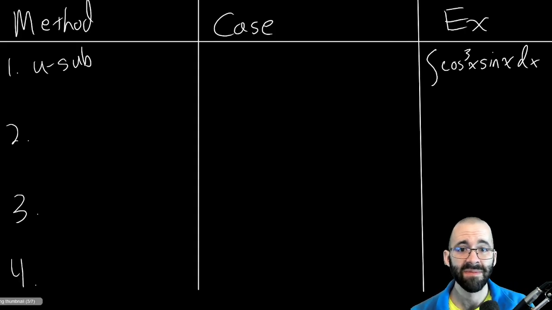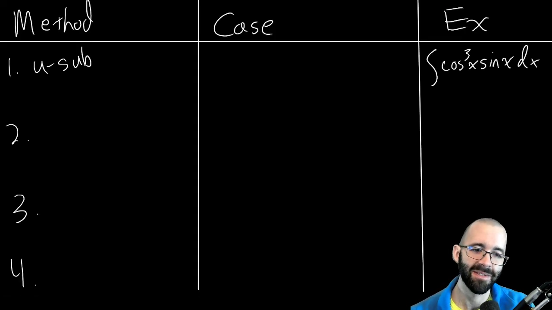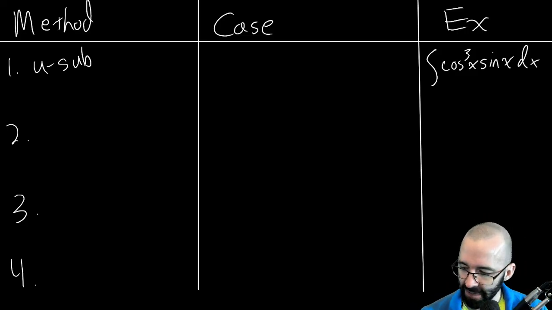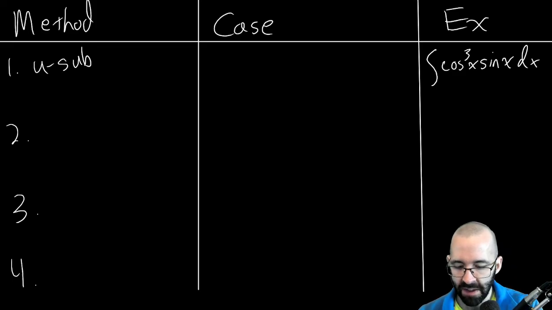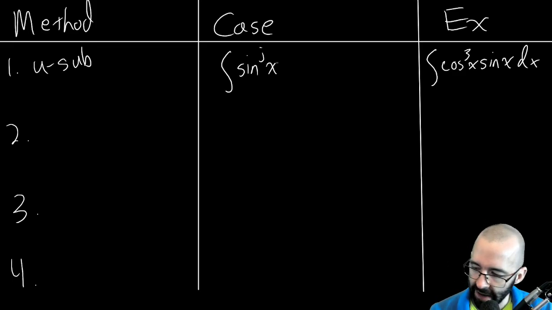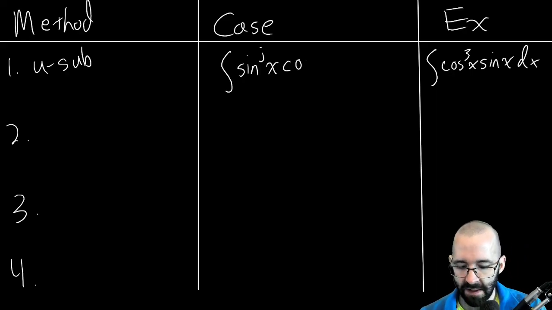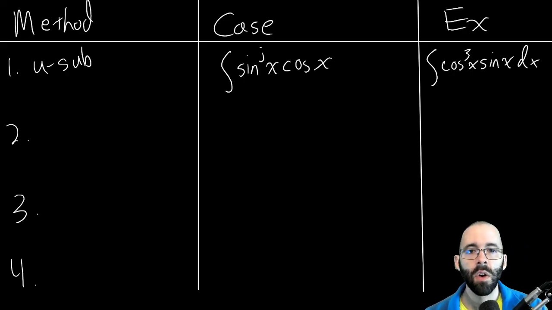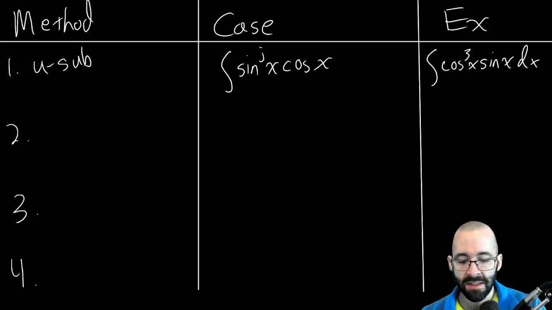That's it. That's the first video, sort of. Half of the first video. So we use this whenever we have the integral of sine to some exponent of x times cosine of x dx. Or you can switch the cosine and the sine here. And in fact, because I don't want to write all of these twice, you can always switch